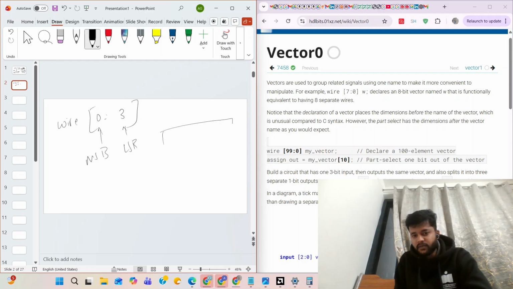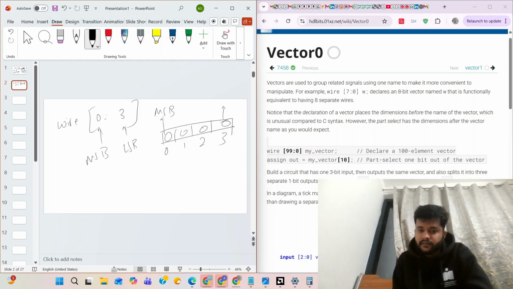I will explain by this: 0, 1, 2, 3, so this will be the MSB bit, and whatever value you store in this. You understand?